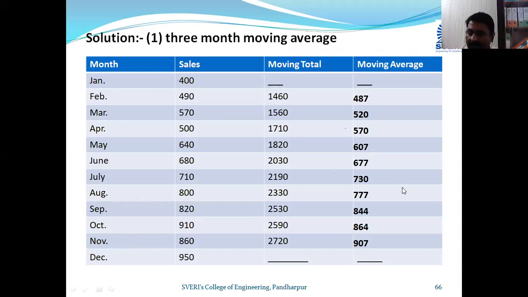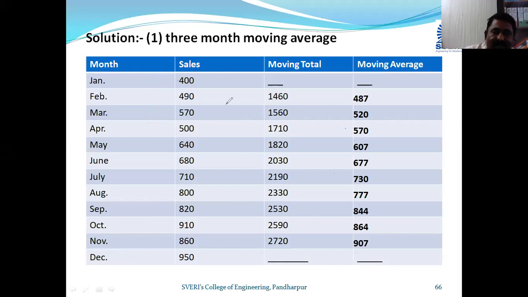Okay, so you can see here: January, February, March, April, May, June, July, August, September, October, November, December. For every month, the sale is given. Now, what is asked? I have to go first for